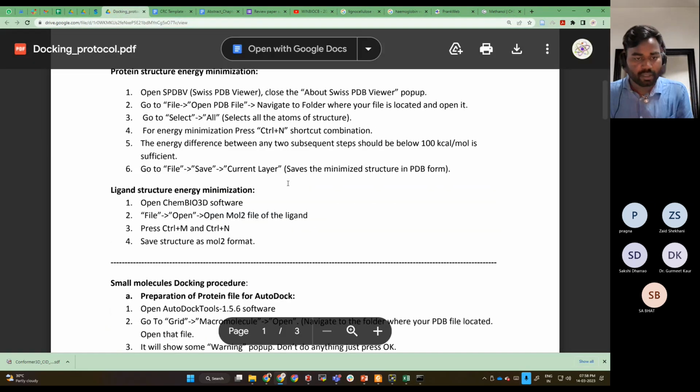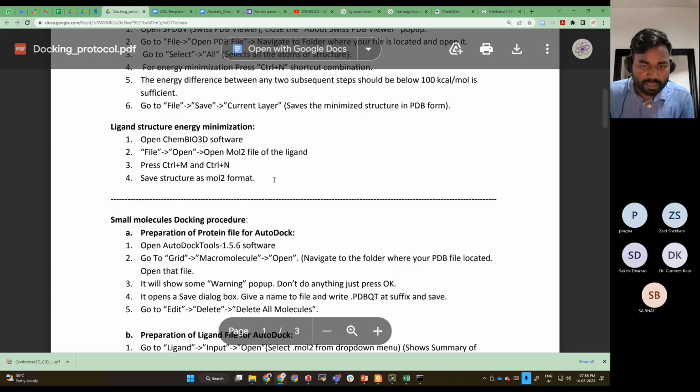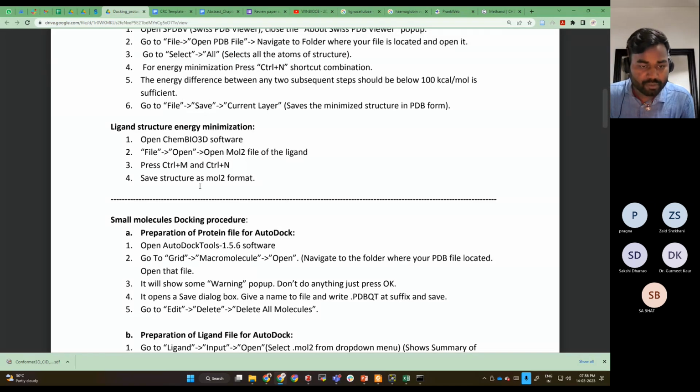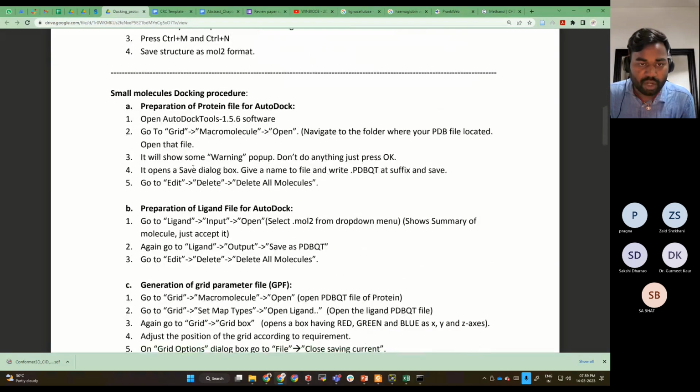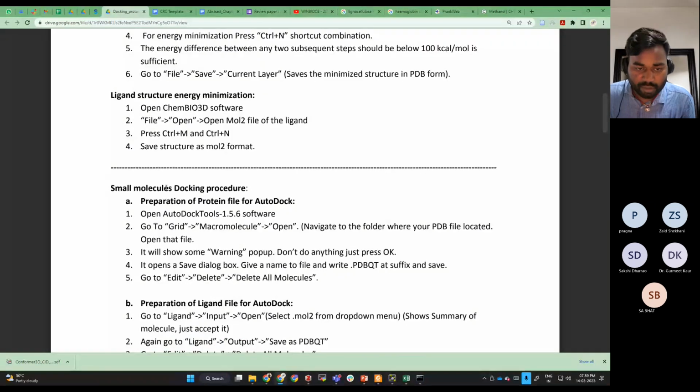Yeah, docking protocol. So here, once you download the SDF format, then you convert it into mol2 format. Now, AutoDock is a software in which you have to give the input in their format. Okay, and the format which is acceptable in AutoDock is PDBQT. Okay, PDBQT means protein data bank file with charges and